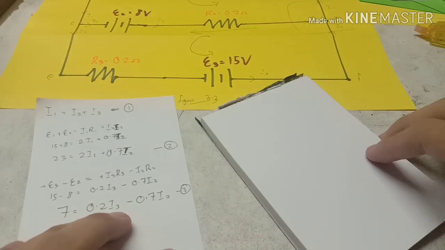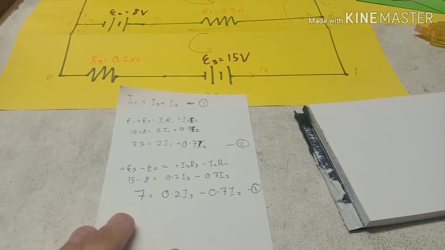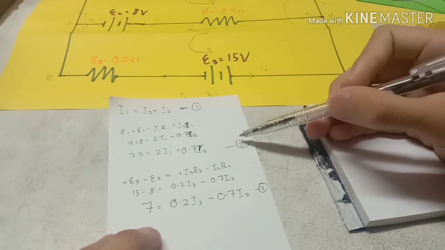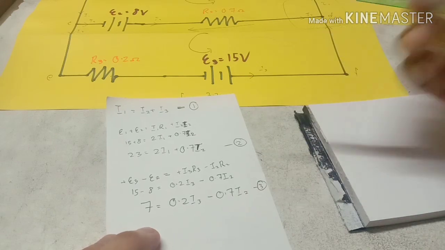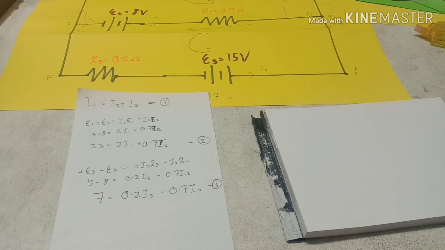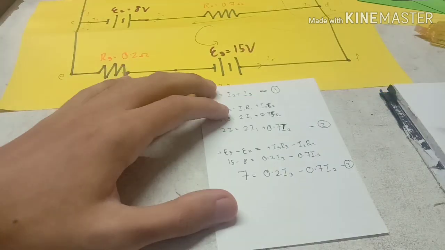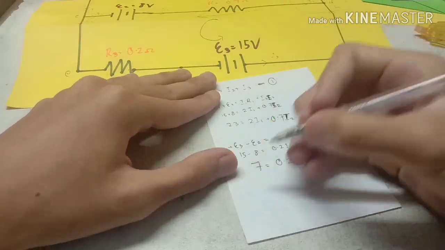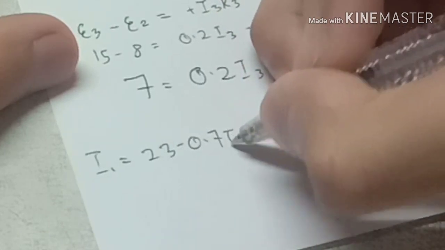Okay, now that we have all the equations, now we can substitute everything into another equation. What I would choose is to substitute an equation that has all of the same unknowns. So if we look at equation number 2 and equation number 3, we both have I2. So that will be the first value that we're going to be looking for, which makes things a lot easier. In order to do that, we have to sort the equation so that this would be the unknown, meaning that the other term should be the subject. So therefore, we can rewrite I1 as 23 minus 0.7 I2,